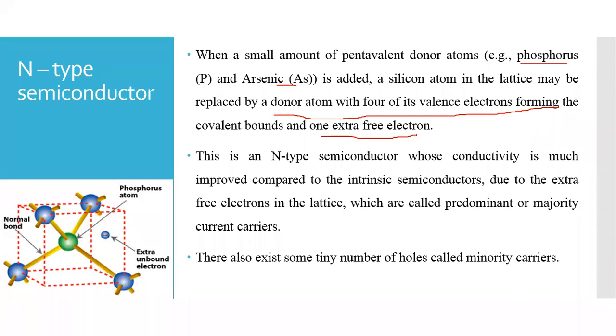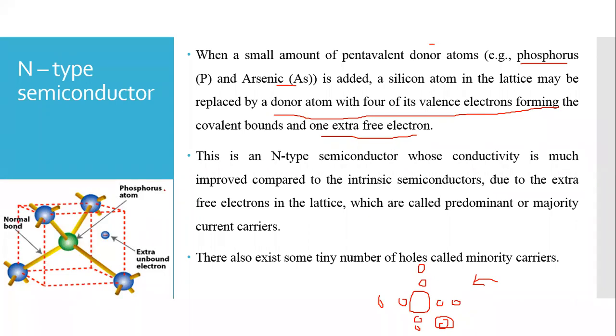Because as I told you, if this is your silicon atom, then in its outer orbit it has 4 electrons, right? And when you add one pentavalent atom to this, in its outer orbit it has 5 electrons. That means 4 electrons make the covalent bond with this, but one electron remains free. That electron it can give to anyone, and that's why it is known as a donor atom, right?